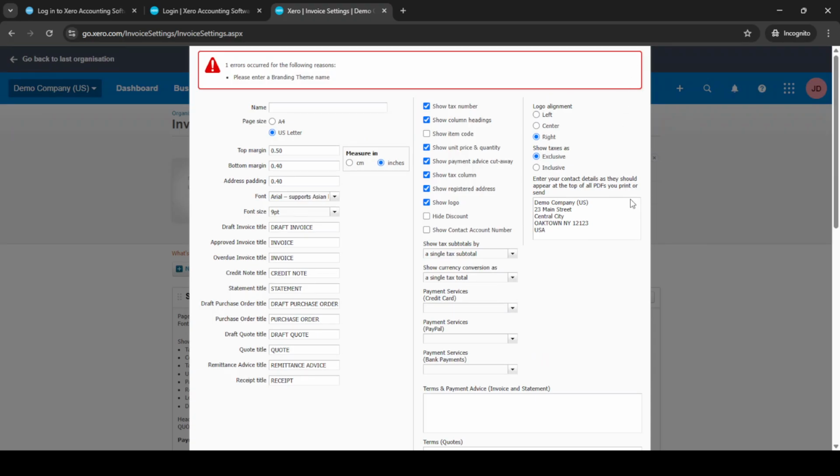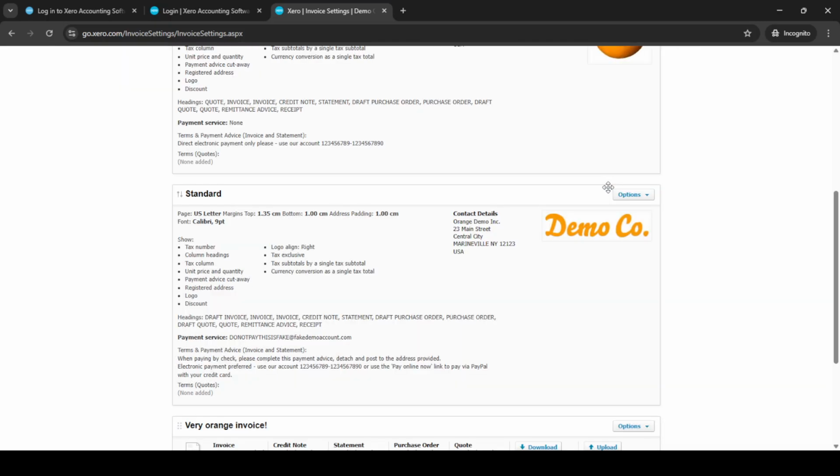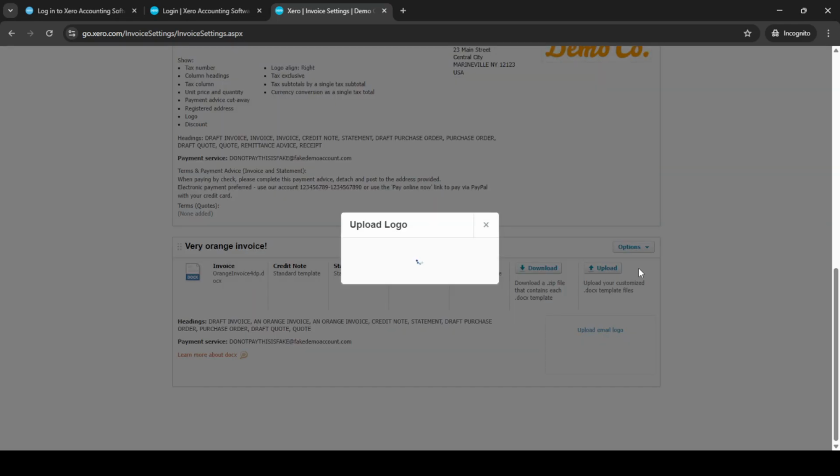You'll notice an options menu. Click on this to reveal more customization features. To add an extra layer of personalization, select the option to upload email logo. When this option opens, click on Browse to find the logo file on your device, choose the appropriate file, and